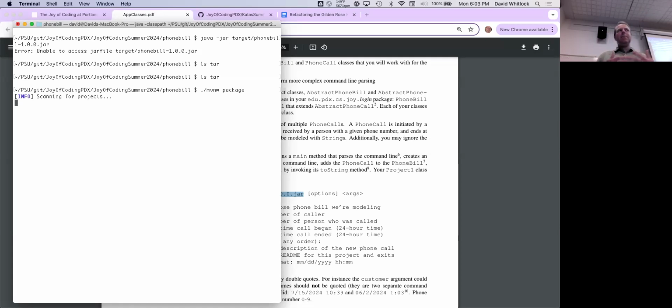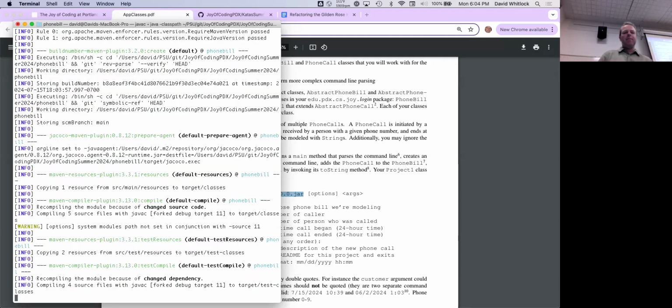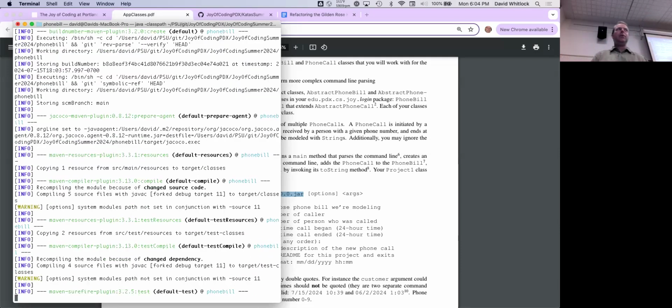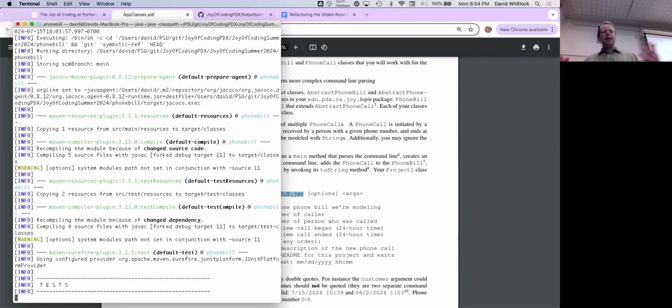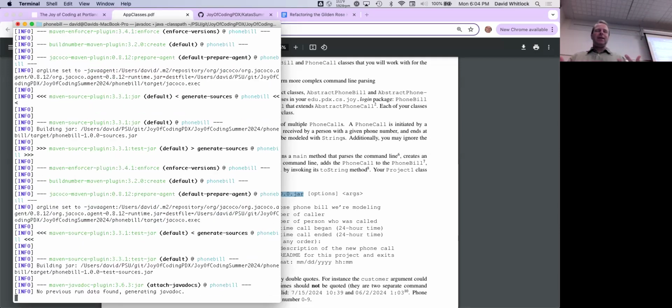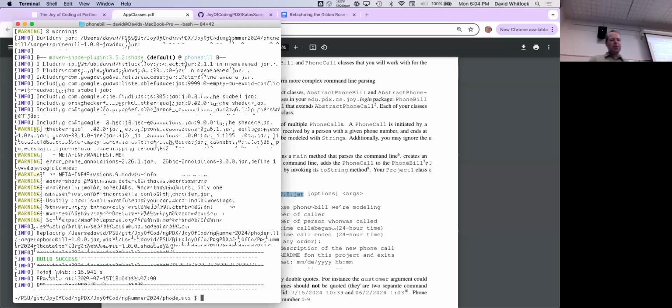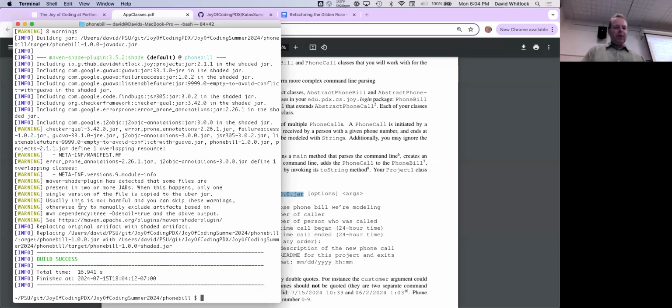And in Maven, there are these various phases to your build. You can just say compile the code. You can say compile the code and run the tests. The package phase will create the artifact that's produced by the build. In this case, the artifact is the jar file. And you'll notice that one of the last things in the info is that it talks about the jar file and doing some things to it. You don't need to know the details of it.